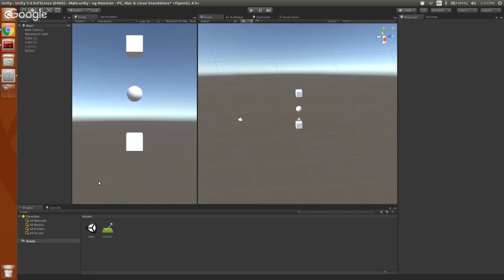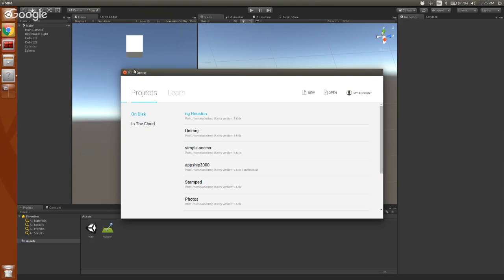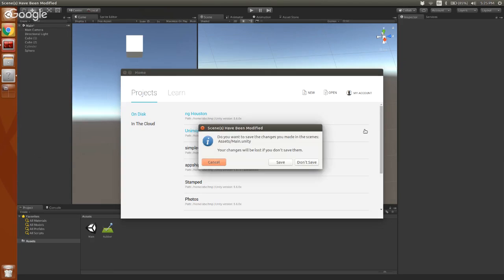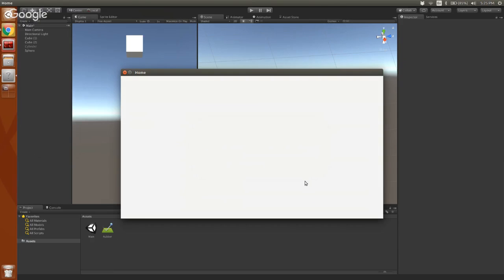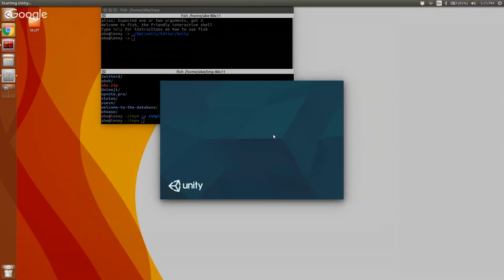So the next demo has pretty pictures, and the pretty pictures really help sell these things. So let's hop over to a new project. I'm going to open project, and we're going to go over to my Unimoji project, and we'll save the scene. Why not? It's a great scene. It would take me forever to put those cubes back. I definitely want to save that.